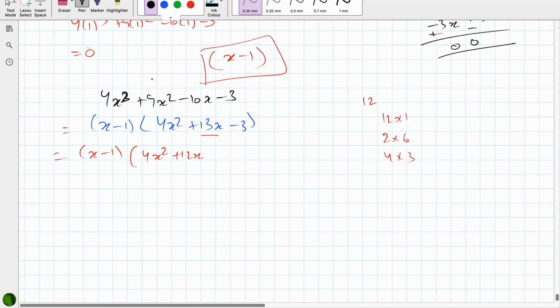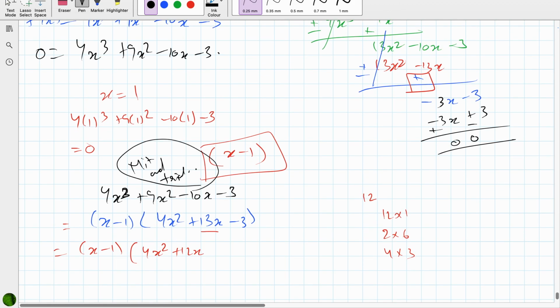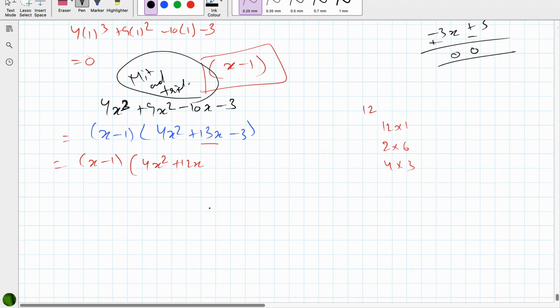With what? Hit and trial. Hit and trial for the first factor and then long division for the quadratic factor. So x minus 1 into 4x square plus 13x minus 3. So using this I got minus 13 plus, can you just double check this part, minus b plus minus square root b square minus 4ac over 2a,